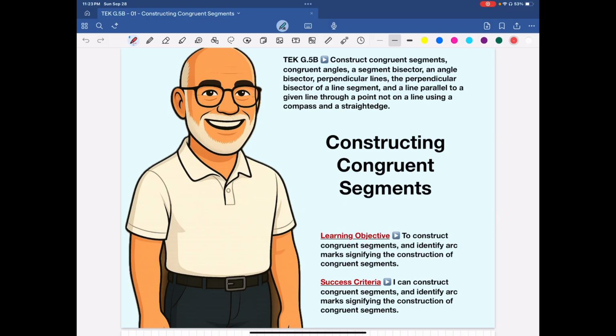Welcome back, critical thinkers. Today's TEK is G5B. Construct congruent segments, congruent angles, a segment bisector, an angle bisector, perpendicular lines, the perpendicular bisector of a line segment,